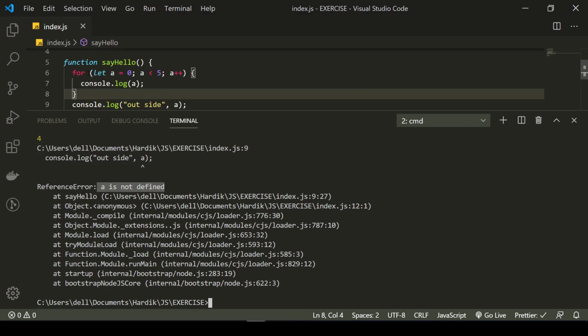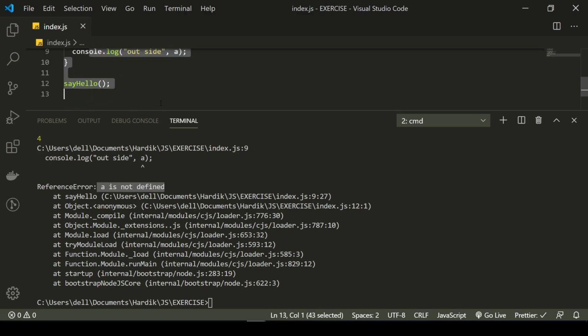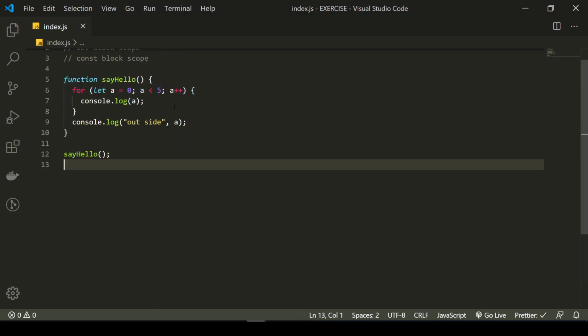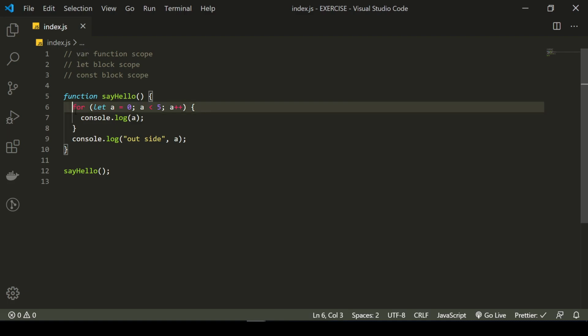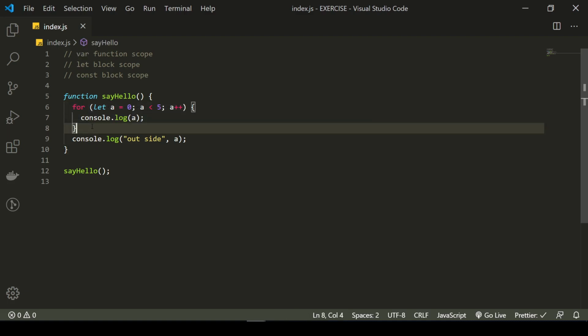This variable we have declared here will not be available outside of this for loop. So I would say use let instead of var. That way we don't have to face the issue where the variable still exists even if we declared it somewhere in the block. Okay, so that's the main difference between var and let.